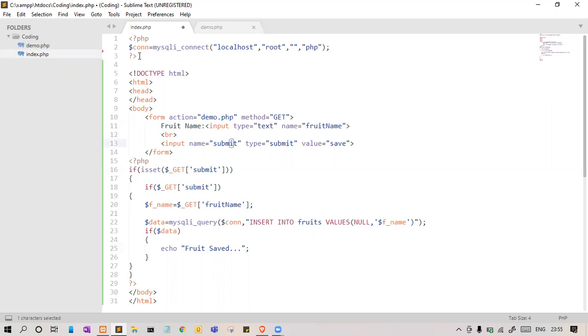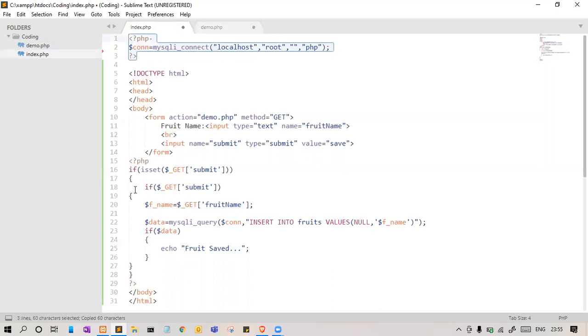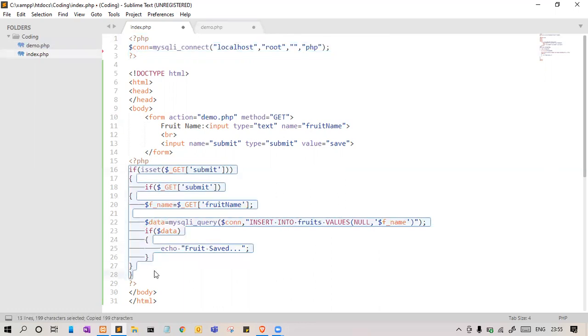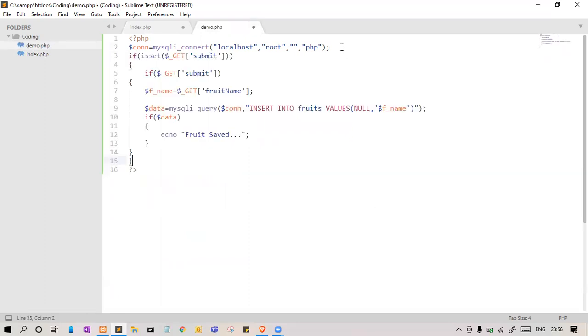Let us write the redirection code over there. What else do we need to write? This is the code which is responsible for saving the data. We need to copy this and paste it here, and our job is done. What will happen now? As soon as we hit the save button, our code will redirect to this demo.php page.